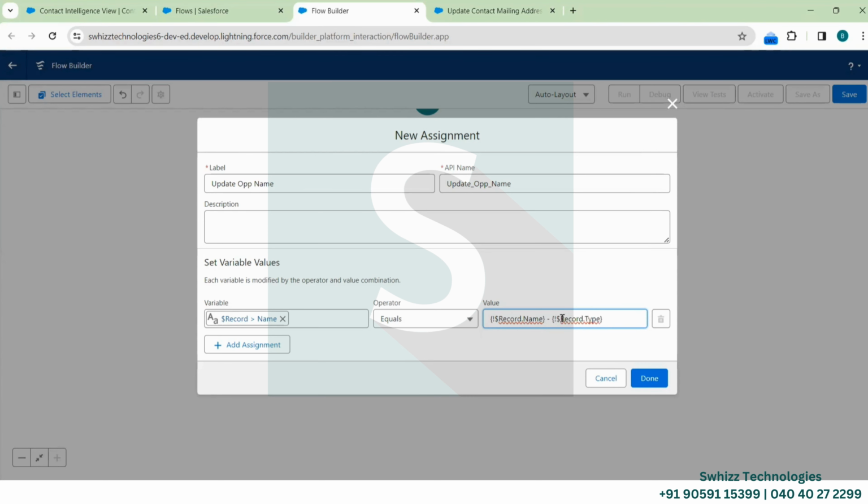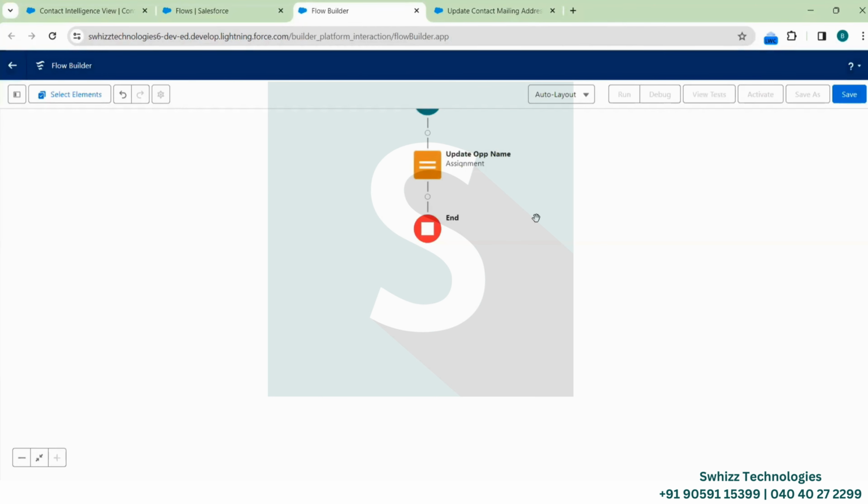See, if we want to write the same condition in the coding part, we have to use some concatenation symbols. So we have to use some plus symbols and we have to use some single quotes. If I want to mention this hyphen, this hyphen should be inside the single quotes and we have to use some plus symbols if I want to concatenate two strings. But here, simply we can use the hyphen. Okay. So click on done. So I have created the before trigger flow and click on save,